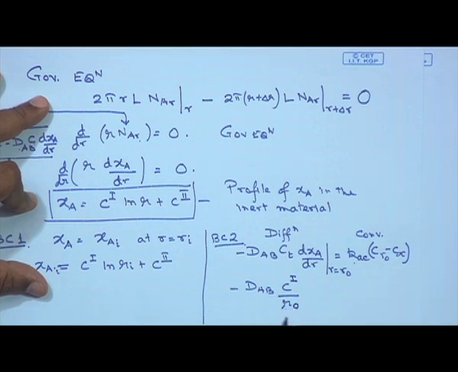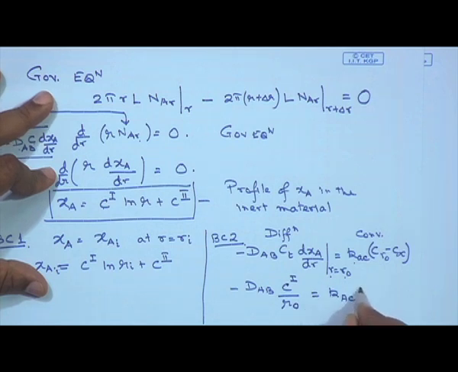So, this is going to be C1 by R naught. If you differentiate it once, dXA/dr would be C1 by R, and since I am evaluating it at R equals R0, it is simply going to be C1 by R naught. So, this is going to be the left hand side, and on the right hand side it is going to be Kac times XA0. We understand that